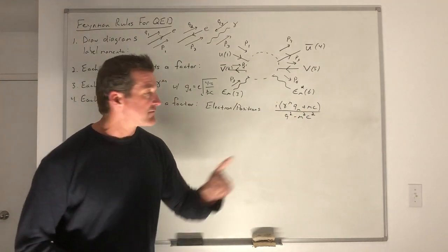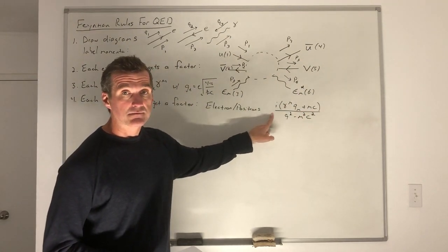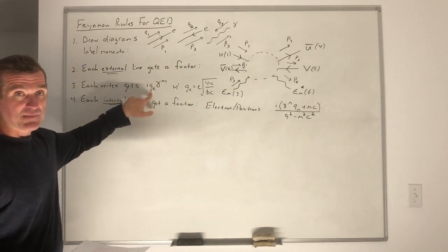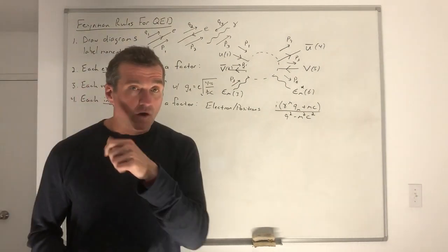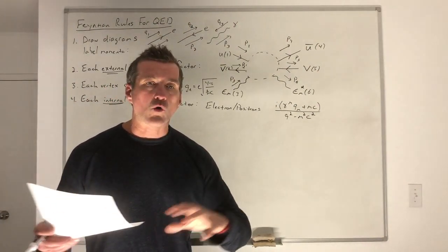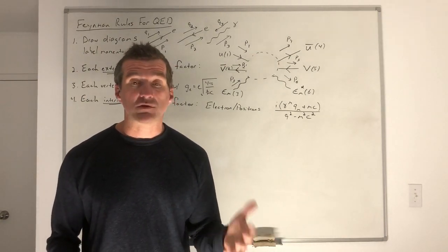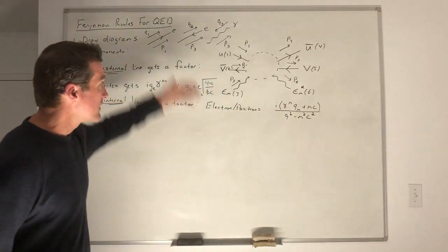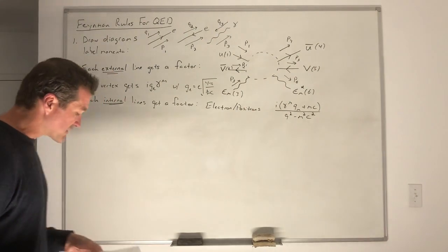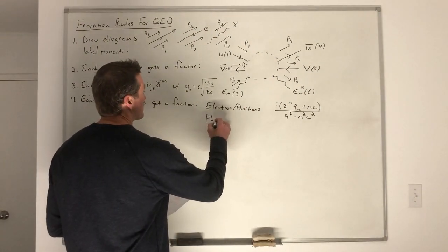So the important observation is that overall, this is a matrix in spin space. Okay? This is a matrix in spin space and a vector in space-time. You have to understand what is and isn't trivial in spin space, because you've got to be really careful with the order in which you write things if they are non-trivial in spin space. And we'll see this in an example. The algorithm here is going to get played out through the course of an example, so we'll get there in just a minute. If you have an internal photon,